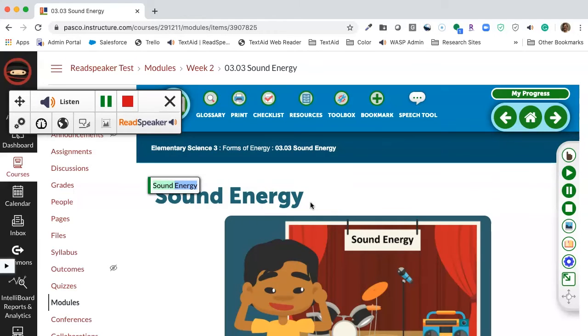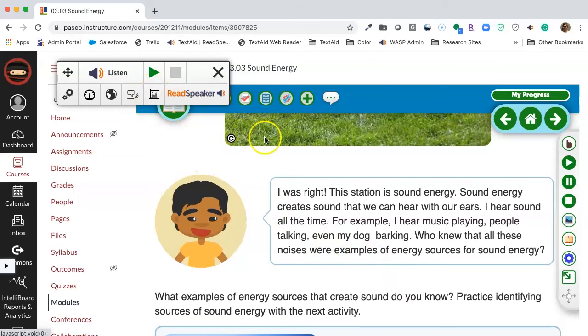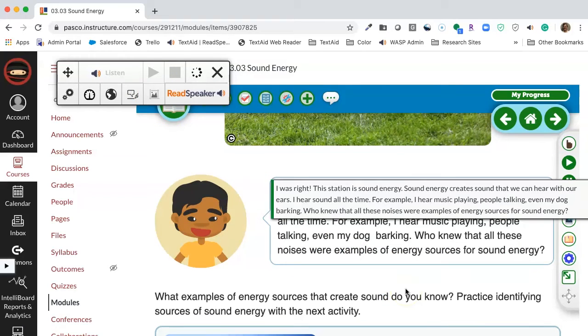Sound energy. And if we want to read what's inside this bubble,